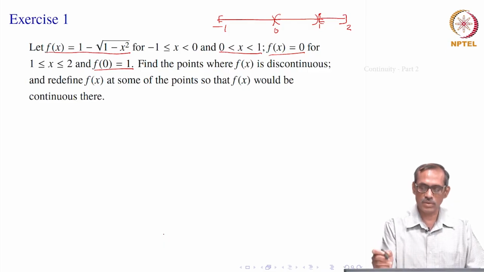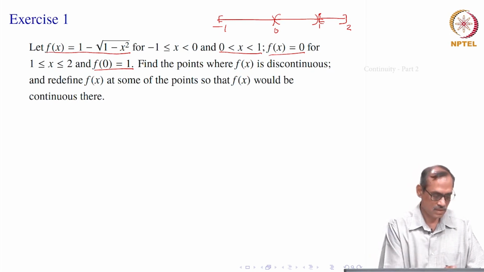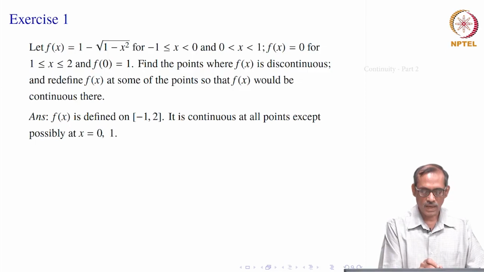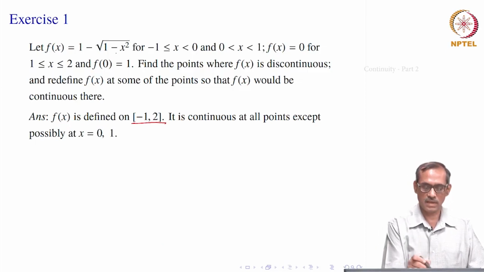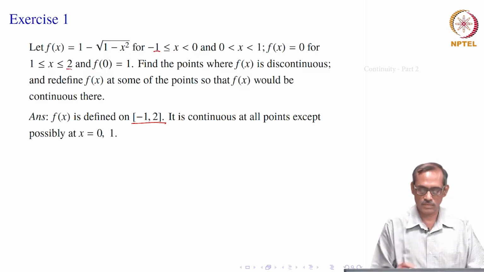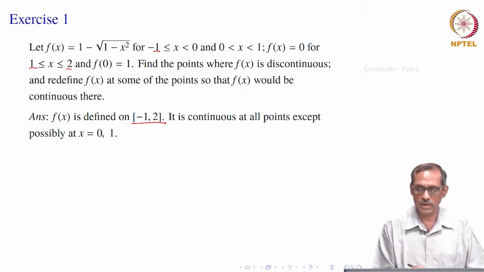Okay, so, it looks that the possible points are minus 1, 0, 1, 2, right. So, let us see how it goes. Now, f x is defined on the closed interval minus 1 to 2. It starts from minus 1 and goes to 2. So, where is it continuous? It is 0 between 1 to 2, so it is continuous there, right. At 1 we do not know, but everywhere else it is continuous there.